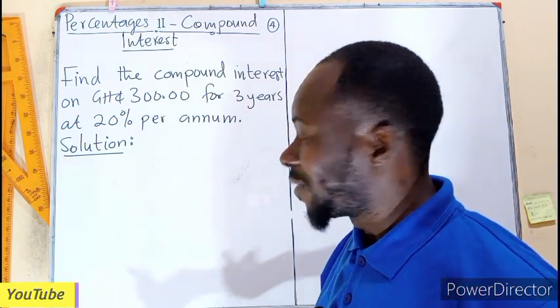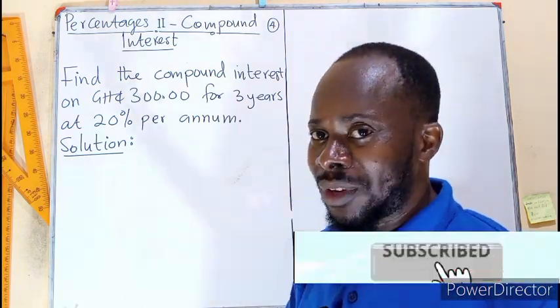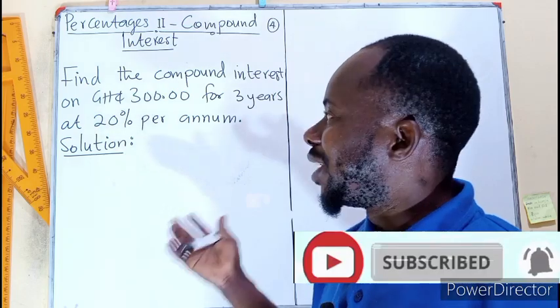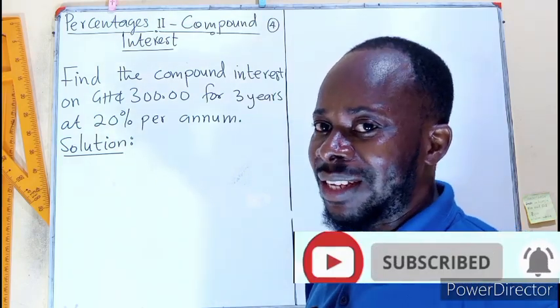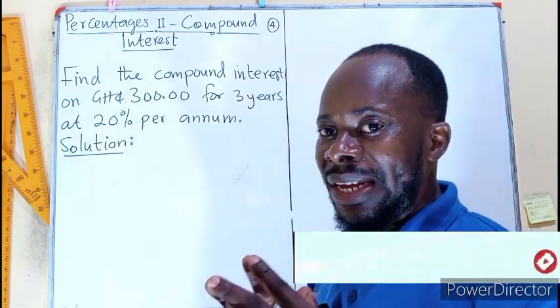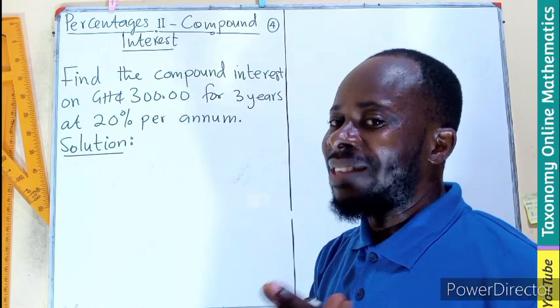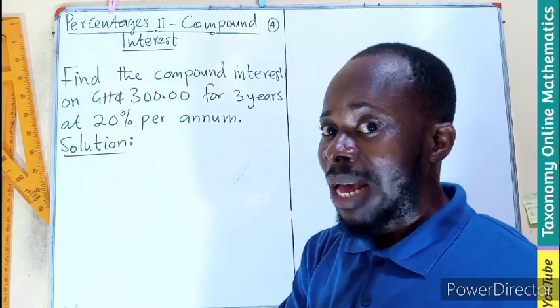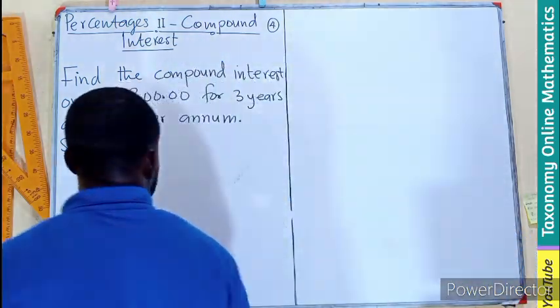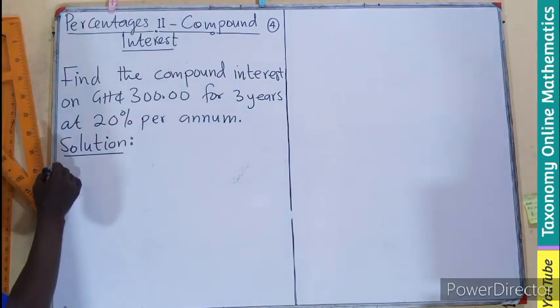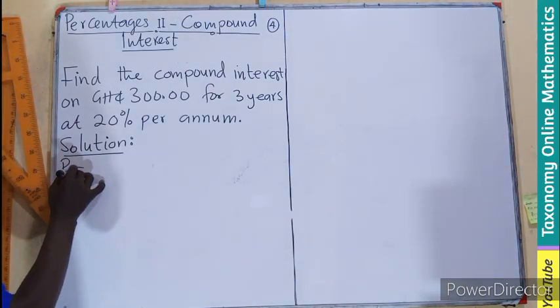I believe at this point, if you watched episodes 1, 2, 3, you should be able to answer this in a jiffy. I'll be using only the second method we discussed in the first 3 episodes. So the second method is about the formula. So from the data, I can pick from the question